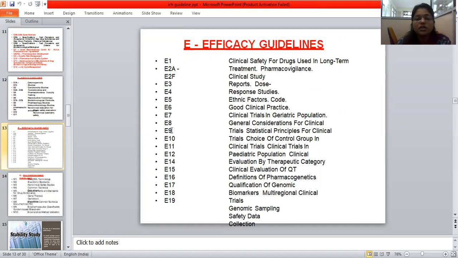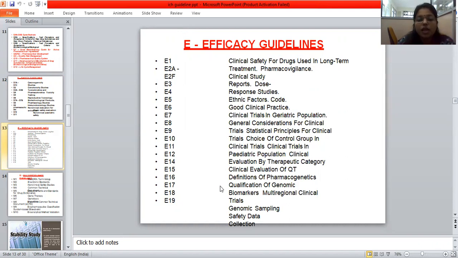So we can go for this E9 guideline. Trial choice of control group, which is given in the E10 guideline. E11 for the clinical trial in the different population, which is given in the E11 guideline. E12 for the pediatric population in the clinical guideline, which is given in the E12 guideline, E14 for evaluation by therapeutic category, E15 for clinical evaluation of Q10, E16 for definition of